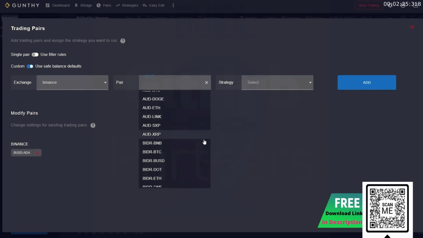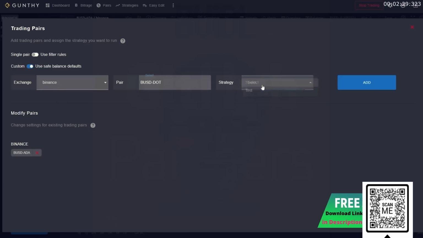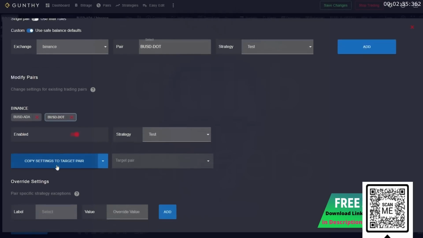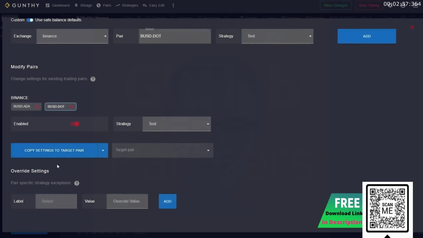Next, you can select the pair. So let's say I want to trade DOT to BUSD. And finally, I can select the strategy, which I'll go over in just a minute. And then I can click add. And once I have added a pair to Gunbot, then I can enable and disable different features as well as